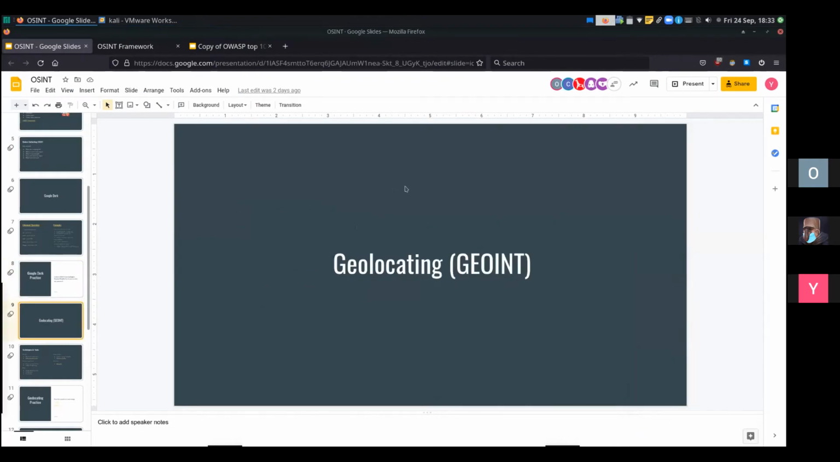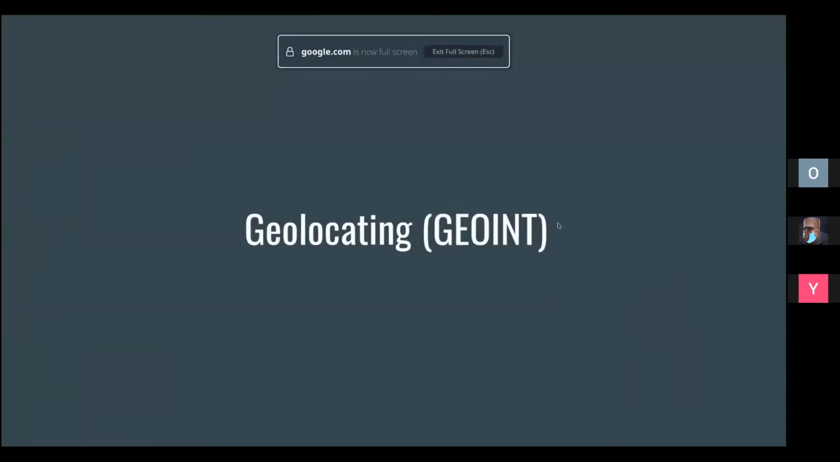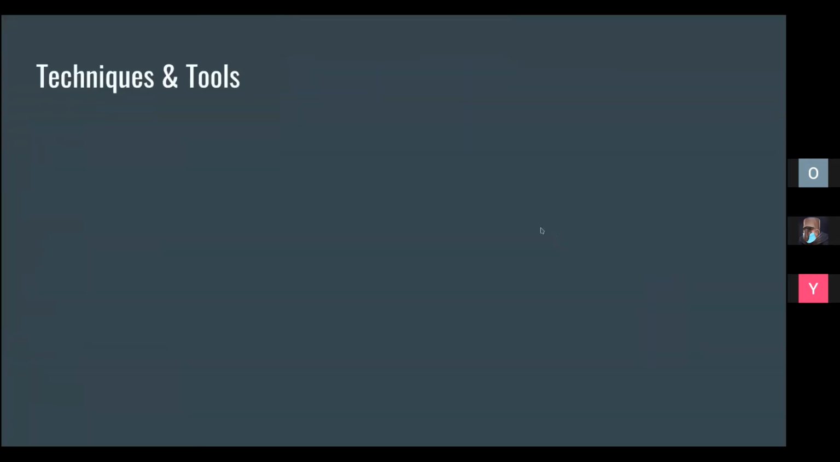So the next topic is geolocating. Geolocating is more about image analysis. Before that, there are techniques on image analysis. The first one is metadata. It's usually data that comes before the actual data, like the image data. It sometimes shows the